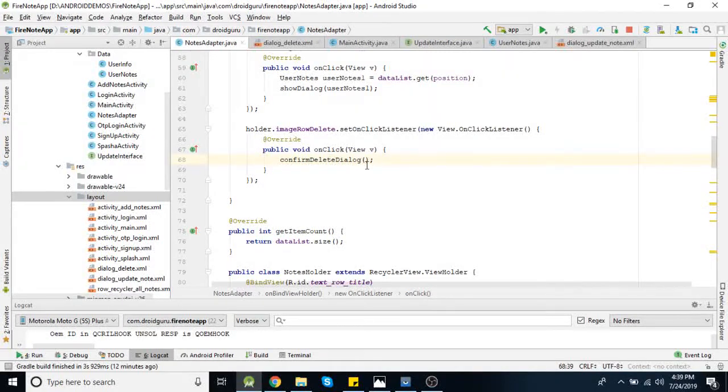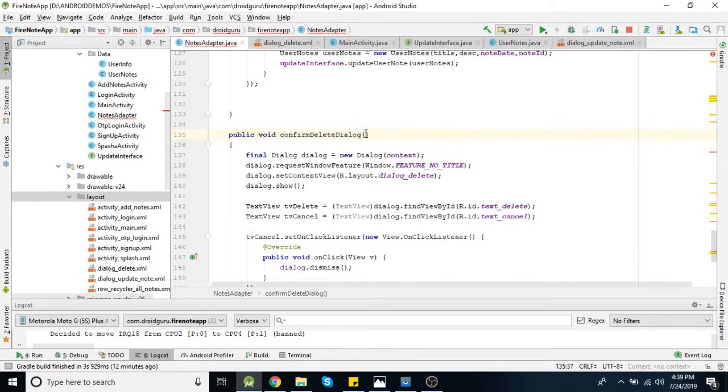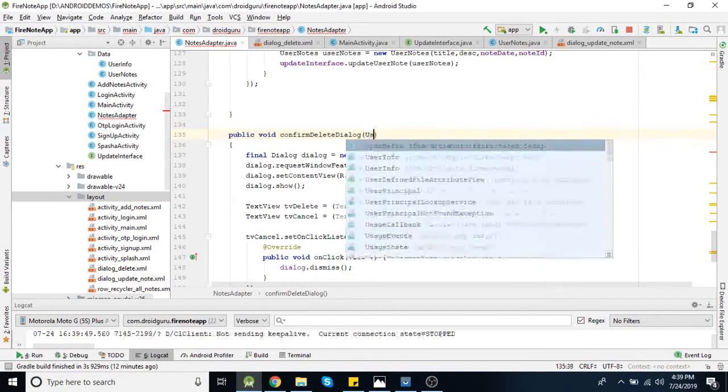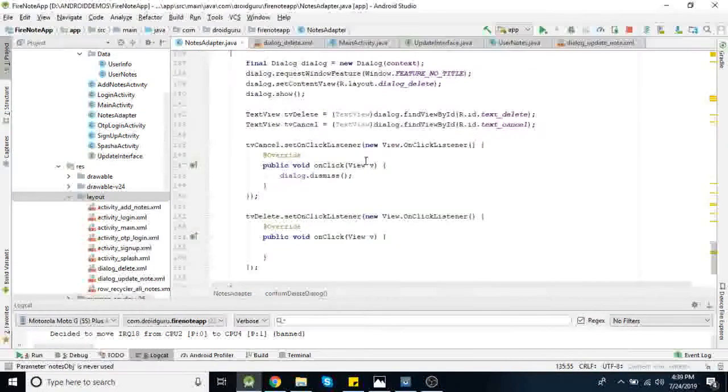Here also we'll pass that user nodes object. Whenever users click on this delete button, we'll get that object and pass it to this function. So here you need to add an input parameter of type user nodes, say nodes object.